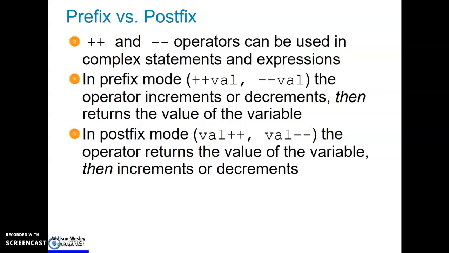Now, there are different behaviors with a prefix and a postfix. If I include it in a cout statement or in a math expression, if they are standalones, like in our previous example, then it doesn't matter whether it's in prefix or postfix mode, okay? But it will matter if it's in a math expression, okay? So in a prefix mode, the operator increments or decrements and then returns the value of the variable. But when it's in a postfix mode, the operator returns the value of the variable and then increments or decrements